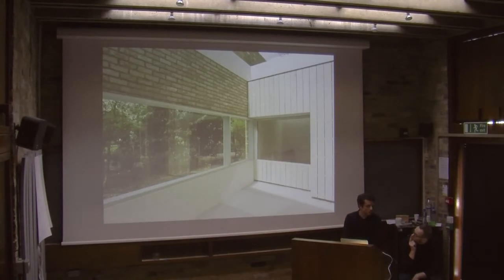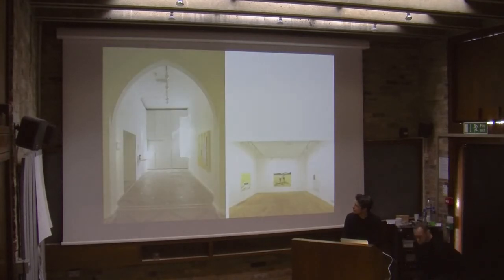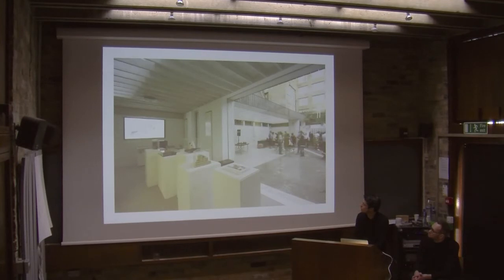A new connection to the park, which is in the back, which didn't exist. So there's a new relationship there we wanted to frame, creating this sort of environment that could be used for different things. So it's a very active space. That's the nunnery gallery, which is at the ground floor of what used to be the teaching classrooms of the nunnery. We found new windows and opened things in order to get light, and it was an interesting project. And that's the common area used as an exhibition space, in this case for our work